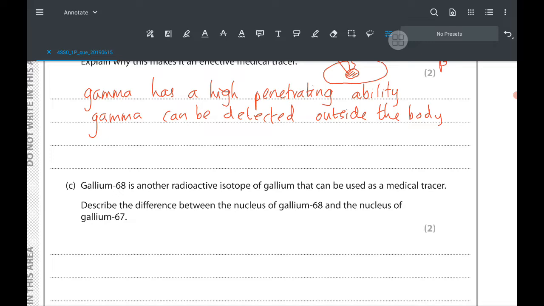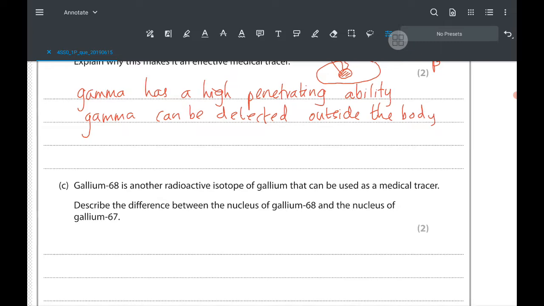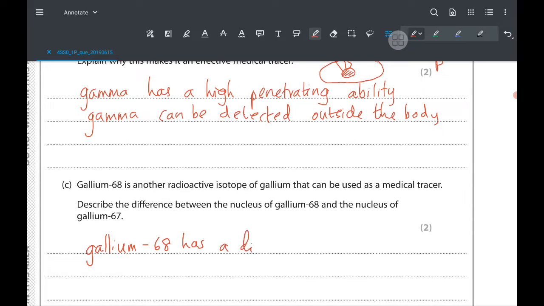Both of these are gallium, so the atomic number, or the number of protons, is equal in both of these isotopes. So we can say gallium-68 has a different mass number, or I will say a different number of neutrons, and that difference is